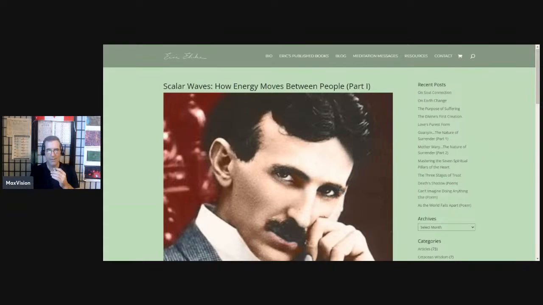When you try and define what a scalar wave is, you're taken out of the equation because you have to have a vector in a waveform, unless it's a standing wave, just a pulsing energy, which would almost be a good way to describe the soul. Or ball lightning, stationary ball lightning,